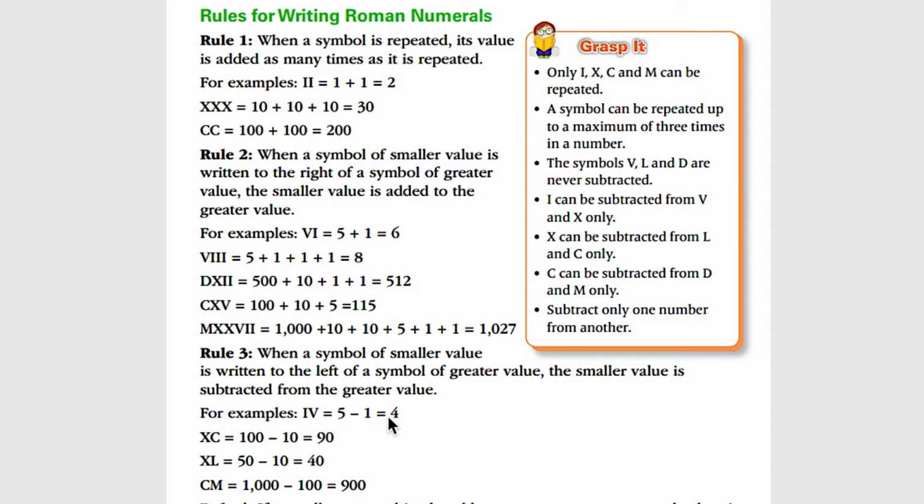So 4 के लिए रोमन न्यूमरल क्या है? I followed by V. पहले smaller numeral and then larger numeral. Over here we have X followed by C. So smaller numeral and then we have the larger numeral. Over here again subtraction. So subtracting the value of X from the value of C. So 100 minus 10 is equal to 90. So 90 के लिए रोमन numeral है X followed by C.